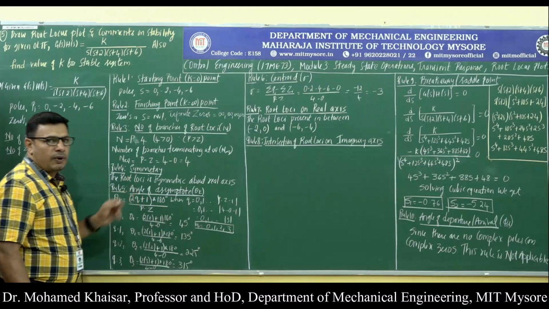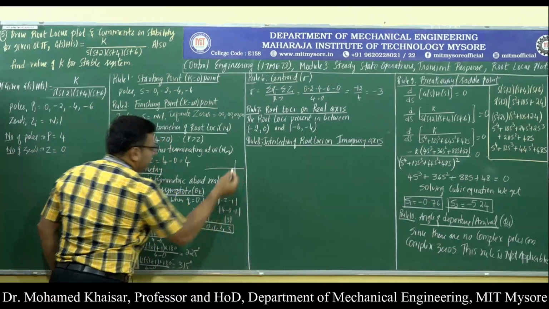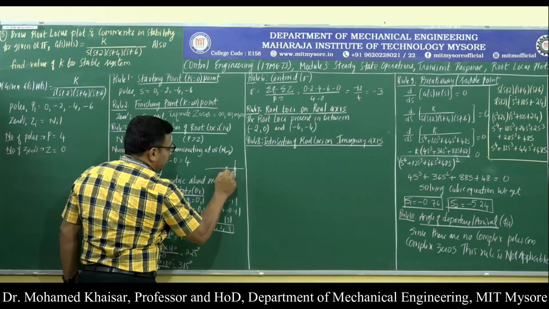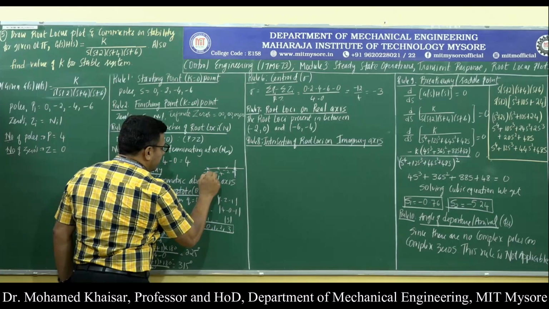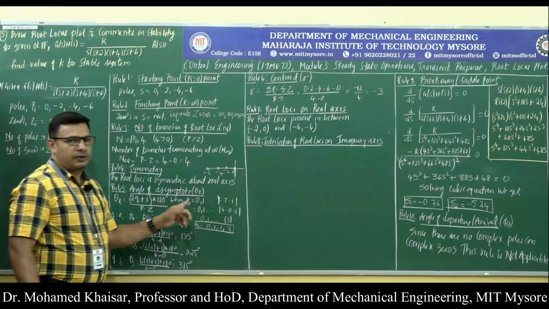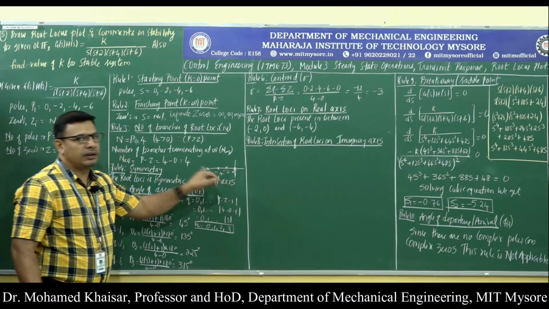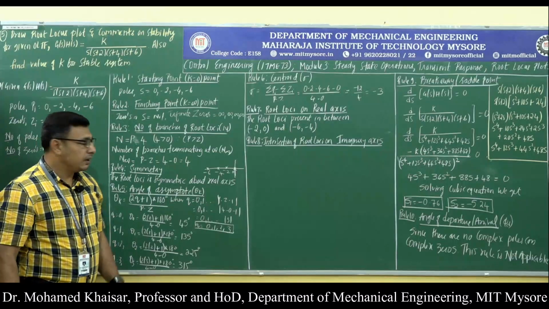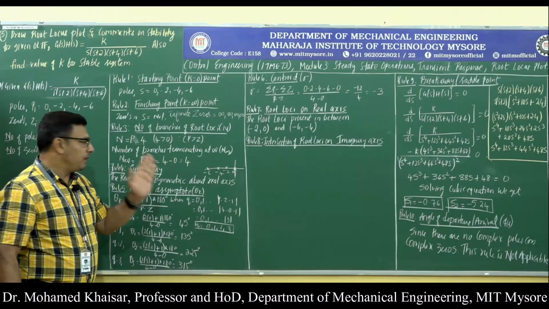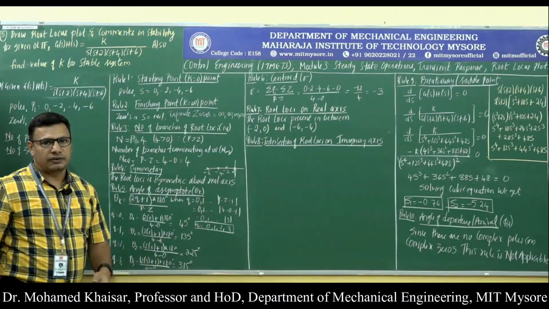Then rule number 4 is about determining the symmetry. If we just draw the S plane here roughly, just for the assessment, then we will find that a pole is at 0, a pole is at minus 2, a pole is at minus 4, a pole is at minus 6. Then we come to know that there are only poles in the given open loop transfer function. So all the poles are lying on the real axis only, and we know that the branches of root loci will always travel in pairs. If one branch is above the real axis, then the other branch is going to be below the real axis, but they will be in pairs.